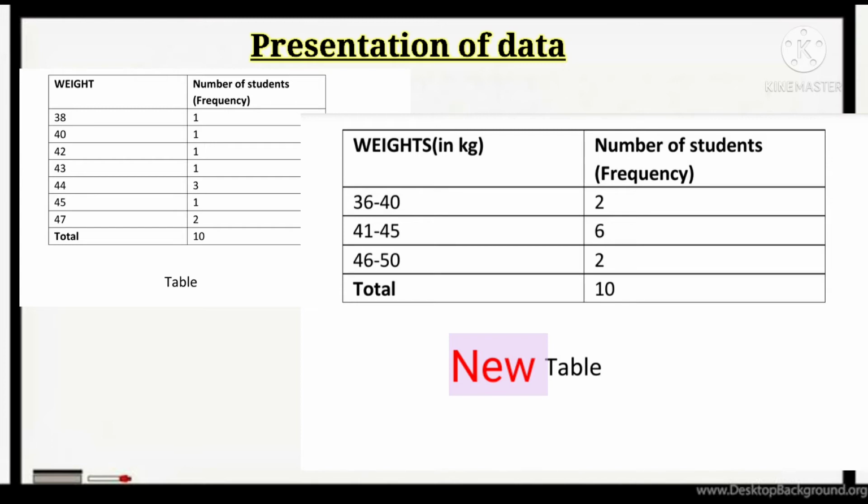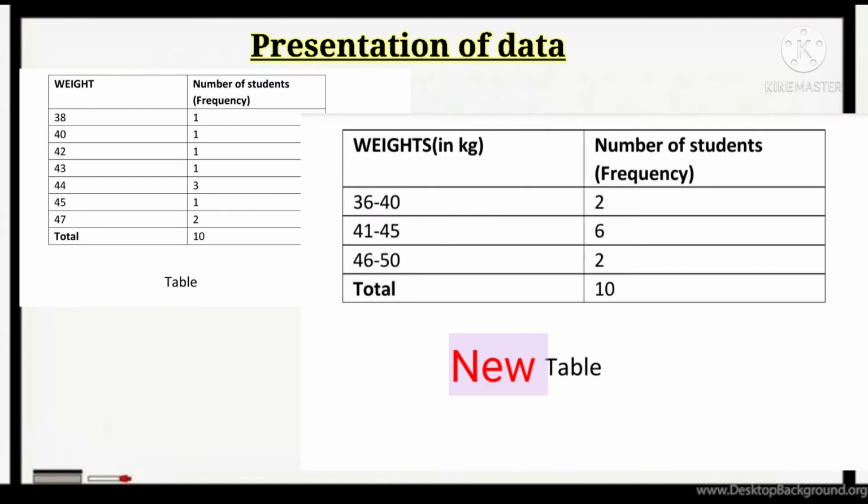From 36 to 40, you can refer to the old table and include 38 and 40 in this row. That means 2 students have weight between 36 and 40 kg. Similarly, for the next interval, from 41 to 45, you have to include the 42, 43, 44 and 45 kg weights.